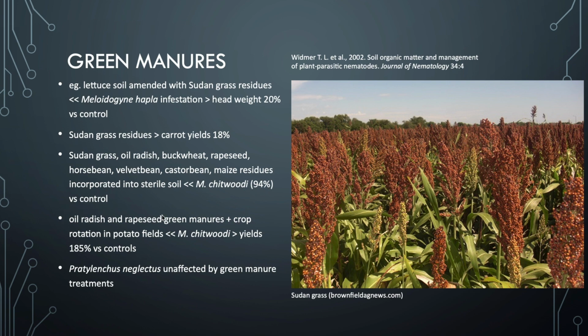Oil radish and rapeseed green manures and crop rotation in potato fields have been shown to reduce Meloidogyne chitwoodi and increase yields by 185% as opposed to controls. Whereas Pratylenchus neglectus is oftentimes unaffected by green manure treatments. So as you can see, this is quite a hit and miss situation, and the knowledge required has to be quite extensive. On the other hand, if we just look at it from the perspective of increasing organic matter in